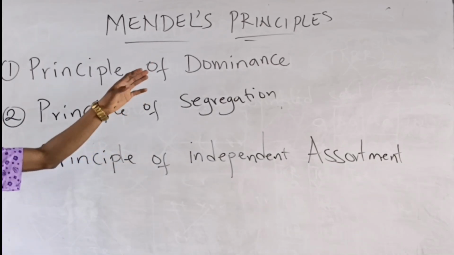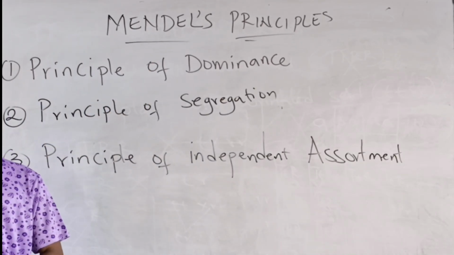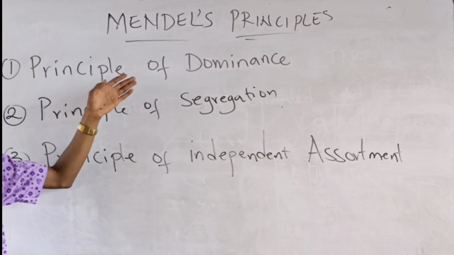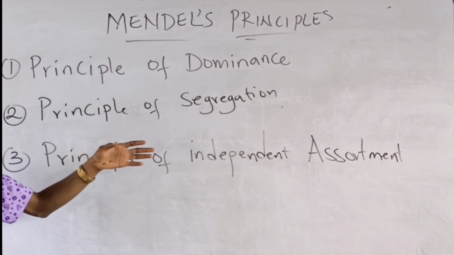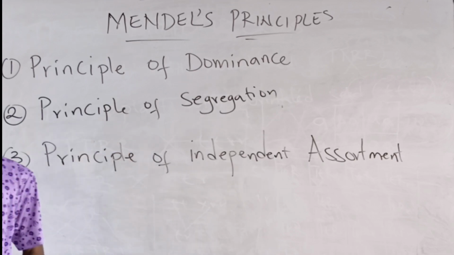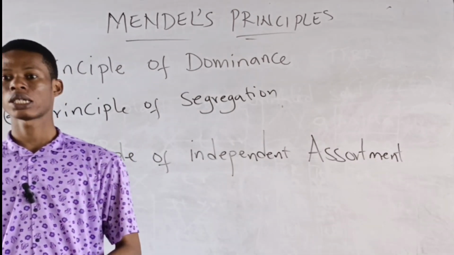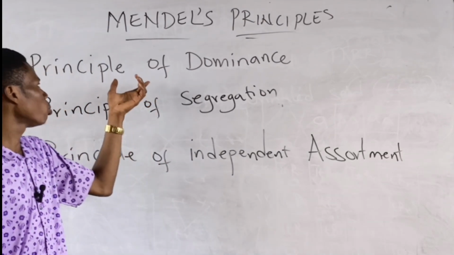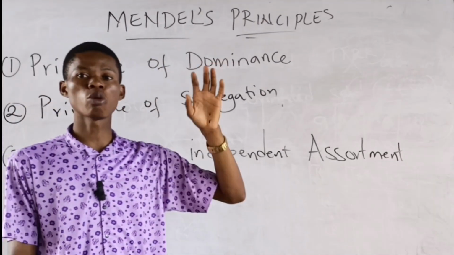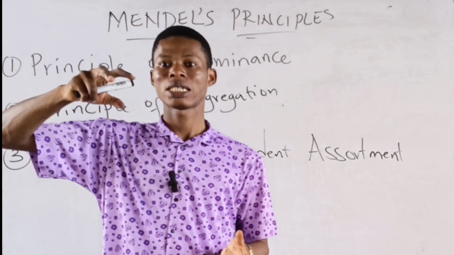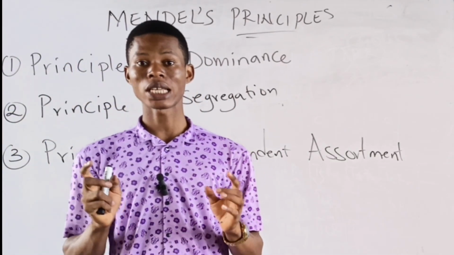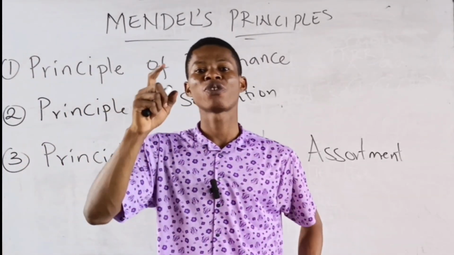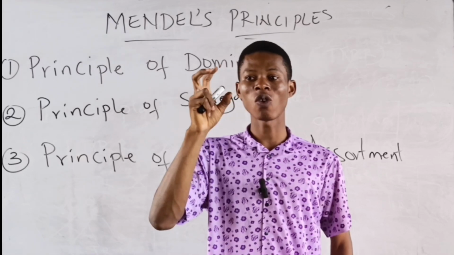So, Mendel's principles of inheritance. Now, the three main principles of inheritance: we have the principle of dominance, the principle of segregation, and the principle of independent assortment. Before now, we looked at dominance, we looked at recessiveness, right? Now, dominance. We say a dominant allele is the one that masks, that suppresses the other, right? That's a dominant allele. Now, the principle of dominance states that if one allele is dominant over the other, it